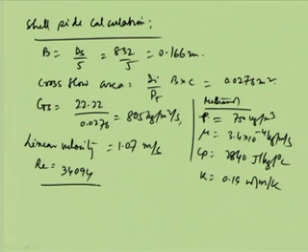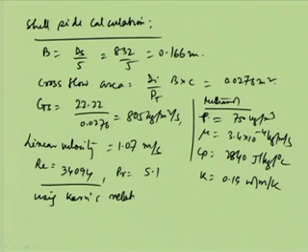The equivalent diameter is calculated based on the triangular pitch arrangement. Already we have discussed this part, and once it is done, then Prandtl is equal to 5.1, and then using Kern's relation, already discussed, HO happens to be 2530 watt per meter square per Kelvin. And once we know HIO and HO, then we can find UC clean value, which will be equal to 1273 watt per meter square per Kelvin, and then RD is equal to